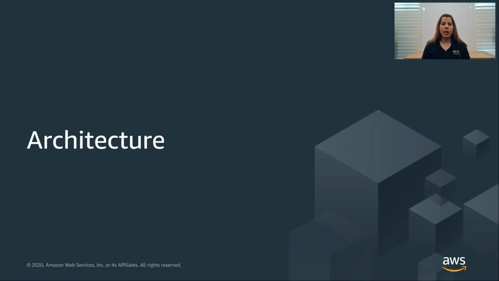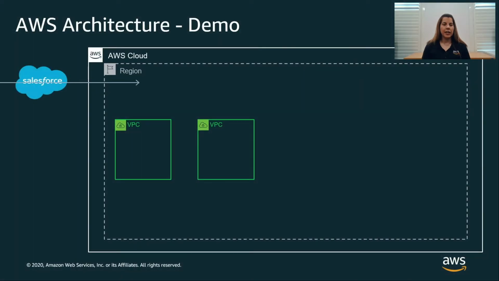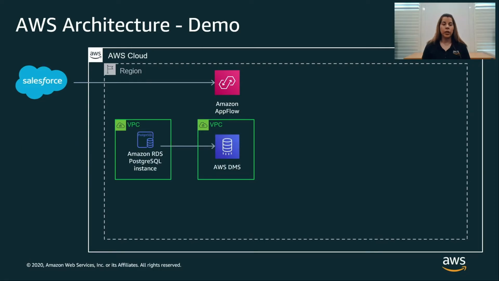I'm now going to talk to you about the brief architecture that I'm going to walk through, and then I will show you a demo of what that looks like. So in this particular architecture, I'm using a Salesforce account, and I'm bringing data using AppFlow into AWS. I'm also going to include a source database using DNS. I'm going to bring some data in to AWS, and then I'm also going to demonstrate some web clicks,